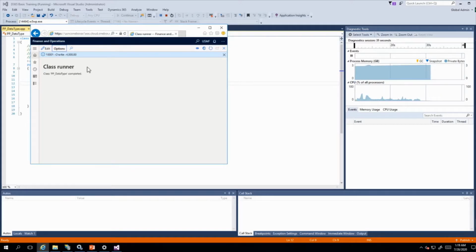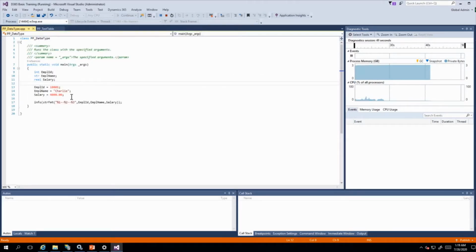See, now we got the desired result. This is the employee ID, this is the employee name Charlie, this is the salary. Now it's printed on the screen. So this way you can define the data type, assign the value and print it on the screen.